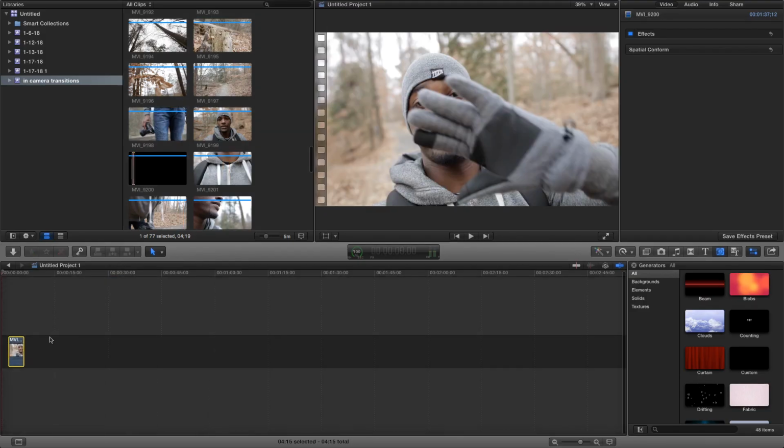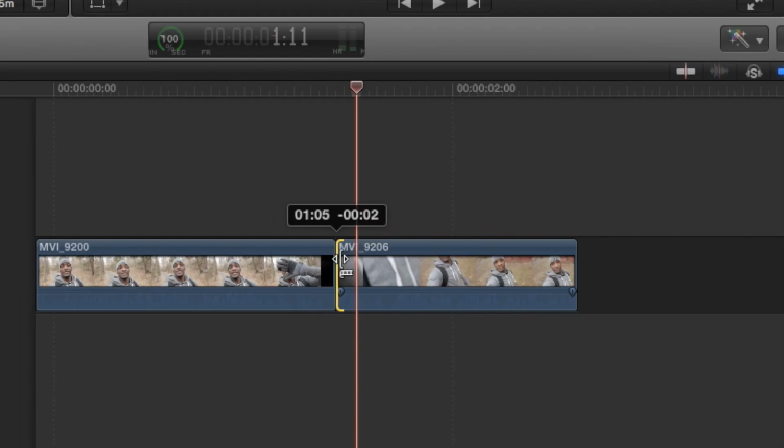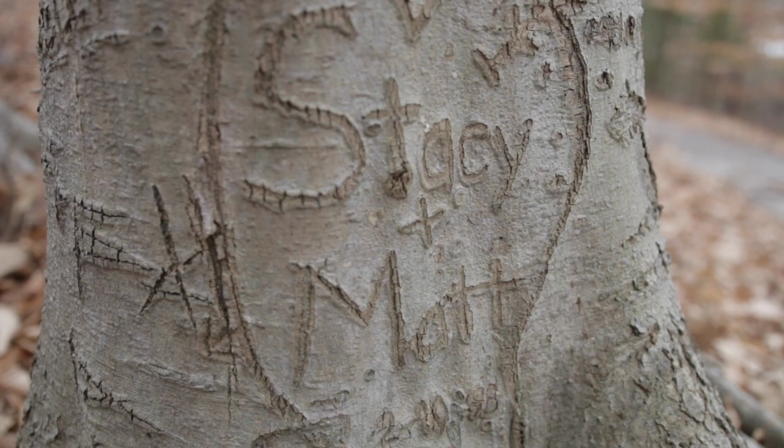Now how do we edit this? We pop right into Final Cut, drop both clips into the timeline, trim the first clip to the end of the black screen, trim the second clip to the beginning of the black screen, and now we have a simple camera cover transition. And you can basically use anything to do this camera cover. And you can get really creative with this and add some motion to your camera cover transitions, but